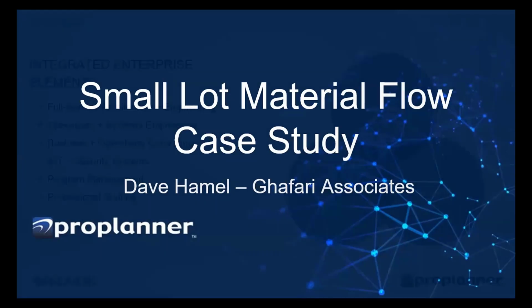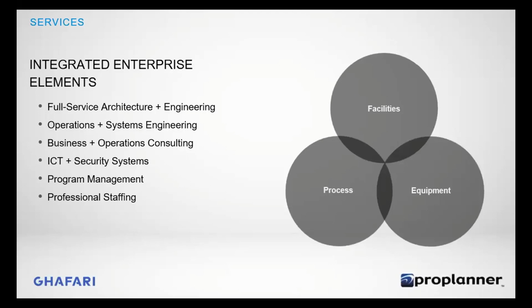Let's see here. Which one do I hit to go? All right. Which one do I hit if I want the little...